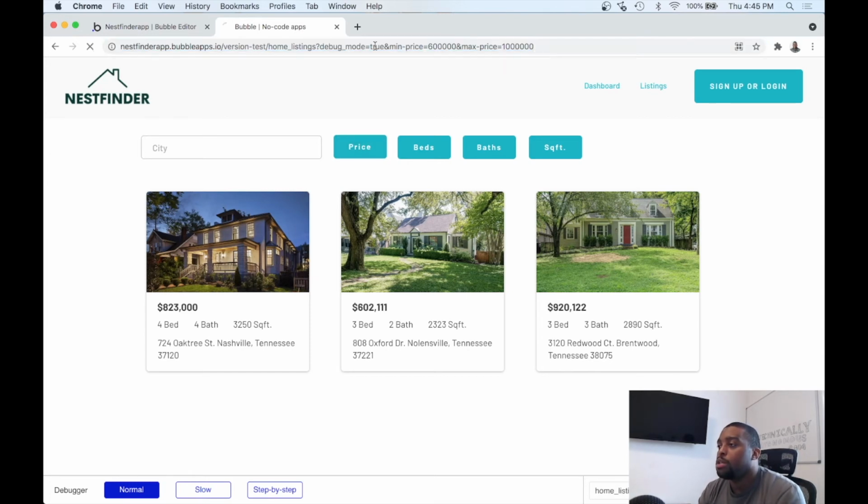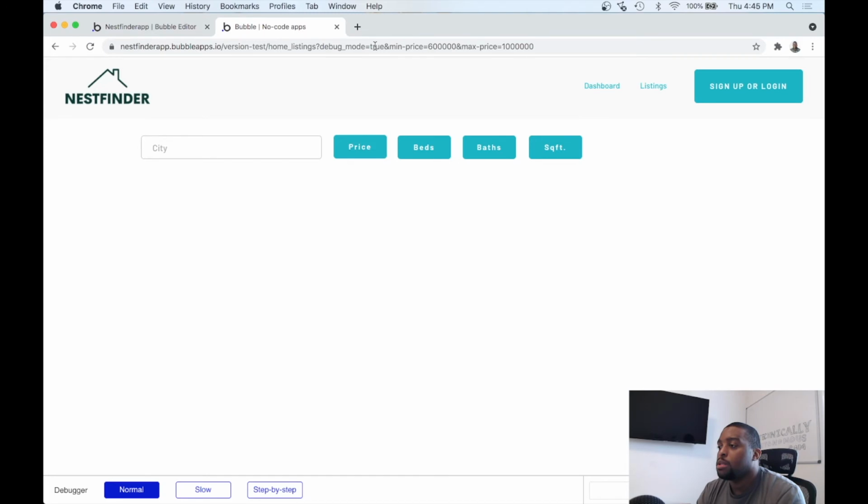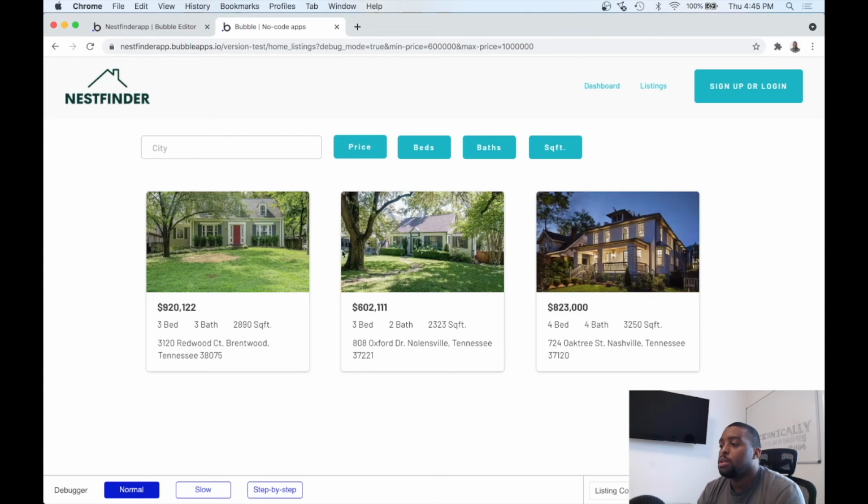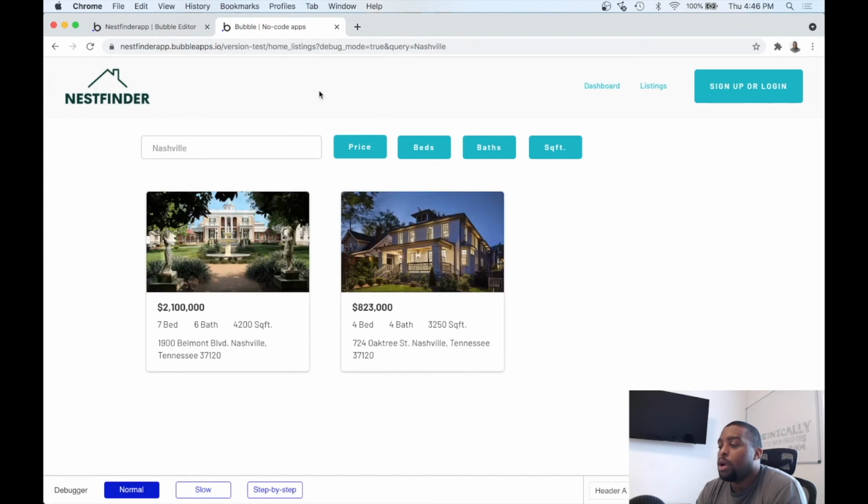So if we refresh, these values were stored. But let's say we also want to sort by city. We want to also preserve the min price and the max price filters. So right now, as you can see, it navigated, but we lost our min price and max price filters. So let's go ahead and fix that problem,